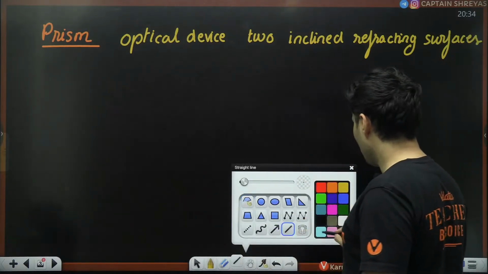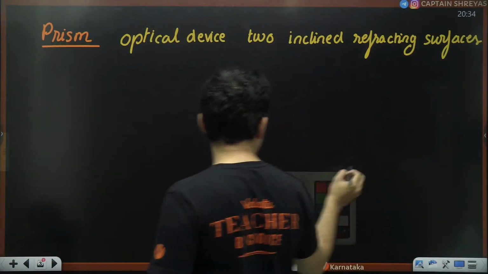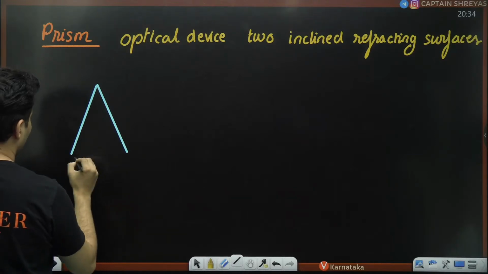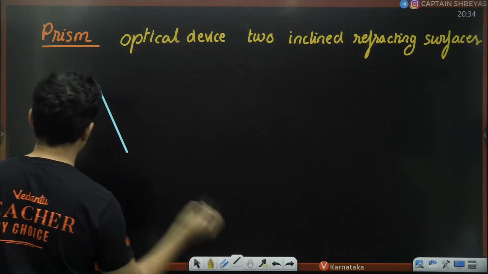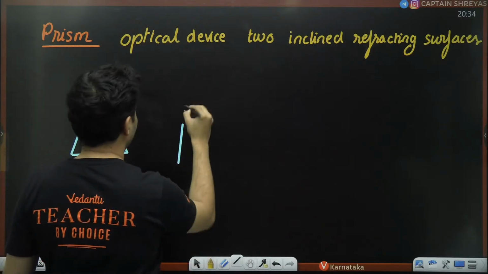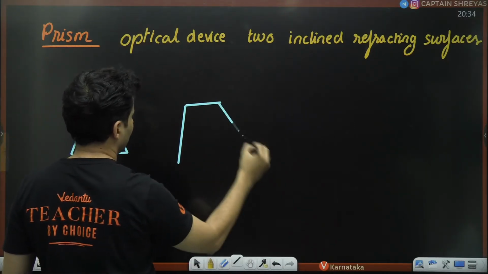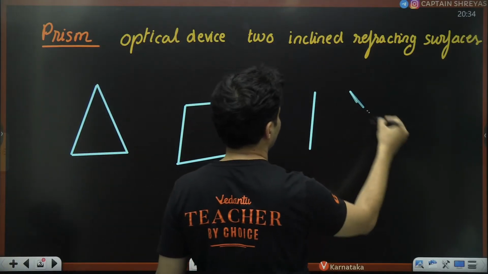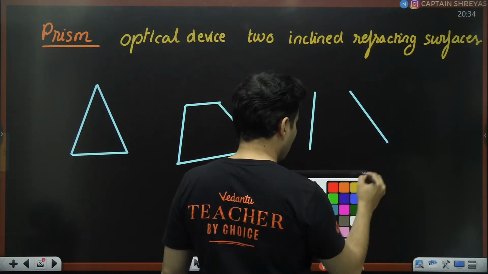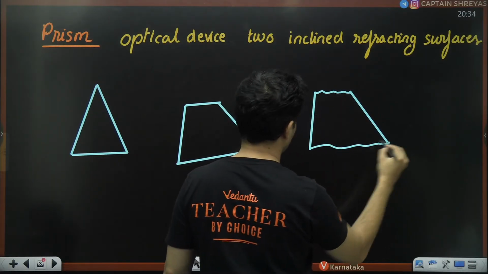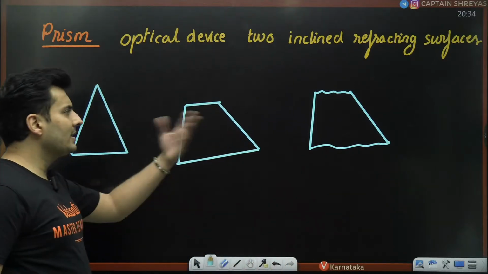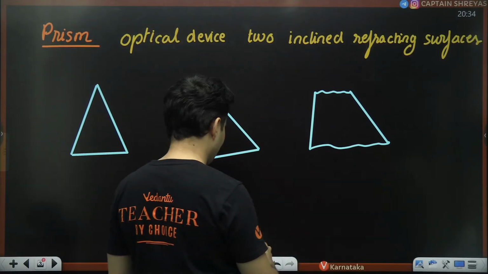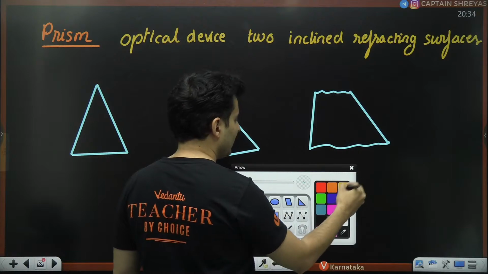examples. I can give you so many examples, my dear students. Like, say, this one. This one, or let's say this one, or let's say this one. Basically, all these are prisms as long as you have two refracting surfaces, meaning that if at all, let's say